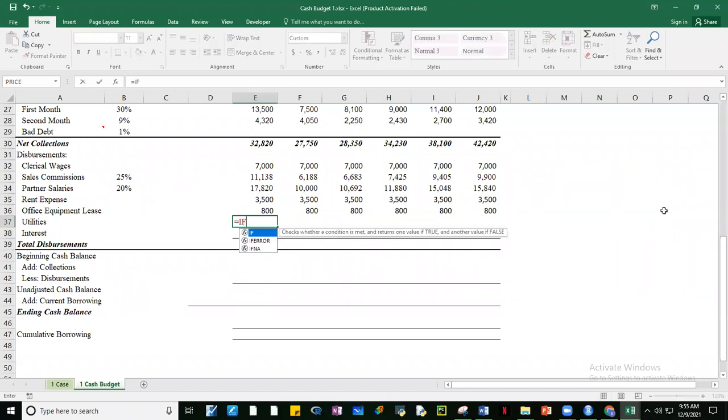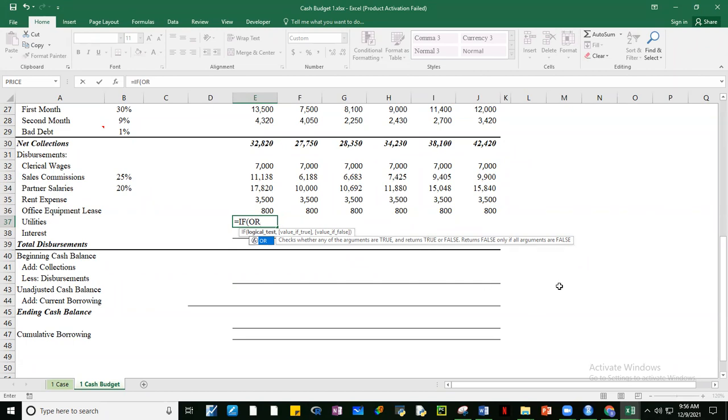So let me introduce, baka hindi nyo pa nagamit to guys, so this is equal to if, then or. Ano yung if or guys? Checks whether any of the arguments are true and returns the true or false. Okay, false only if all the arguments are false. Okay, so sabi natin yung if or either if any of the arguments is true, then it will return true. Pag parehong false, then it will return false.